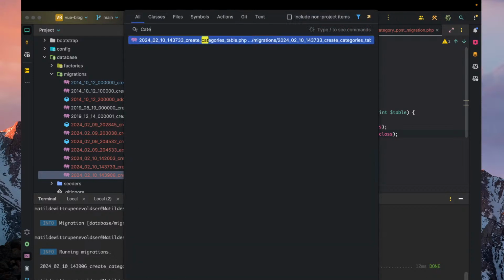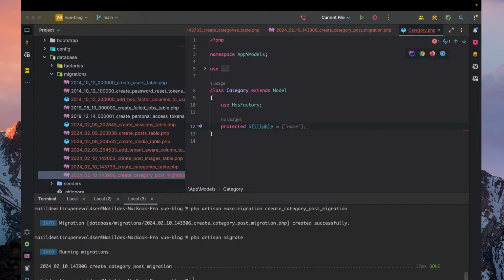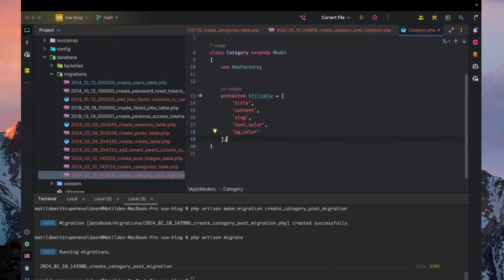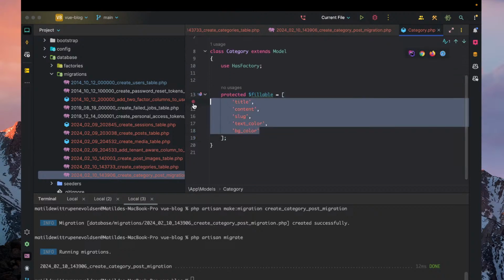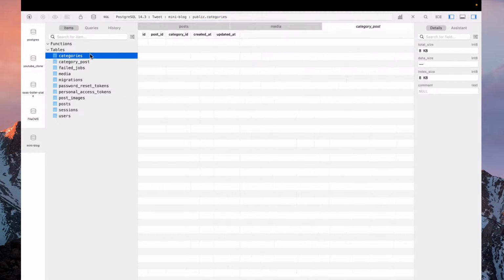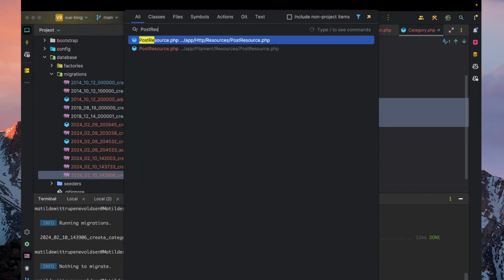And then inside the category model, we just want to have a fillable in here. So now we have all of these variables set here. We can migrate it as well. Let's take a look inside here. So we got the category and category post. And then quickly what we can do inside the post resource